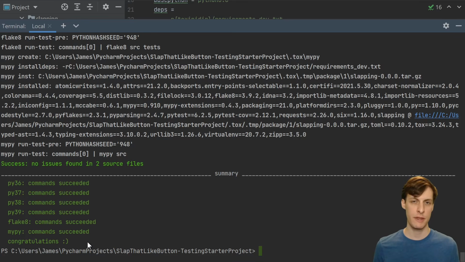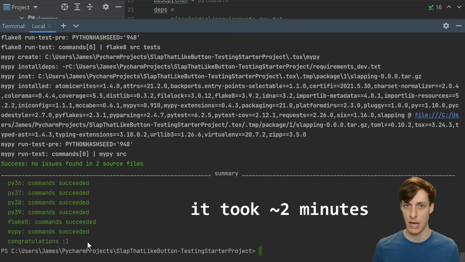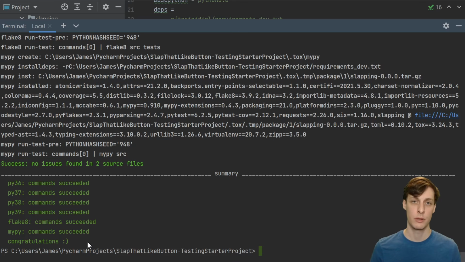But if there's one thing to take away from this, it's that that took a long time. That took way longer than just running any of the tests individually. So why did it take so long? Well, the reason is because when I just run pytest by itself, I already have my virtual environment installed. But when I run tox, it's going to create a new virtual environment and then install everything into that. It's going to download from pip, it's going to install everything into it that way. So it could take much, much longer to run through tox than if you just run pytest by itself.